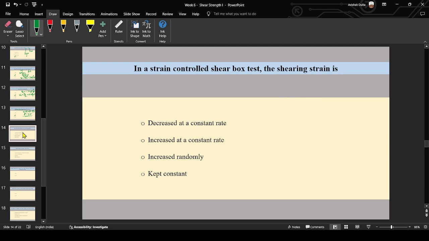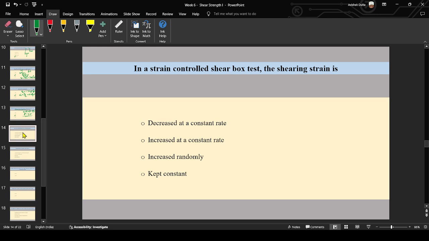In a strain controlled shear box test, the shearing strain is, obviously if it is strain controlled, strain has to do something with it, but whether it is increased or decreased, it is increased, because if the strain is increasing, then only we will have a graph in the positive direction, and if the strain is increased, the normal stress is same, the shear stress is increased, the shear force is increased